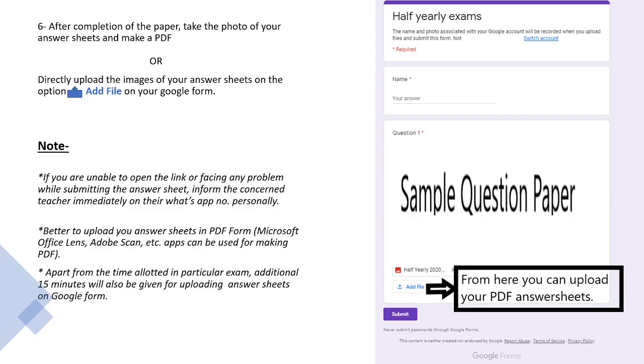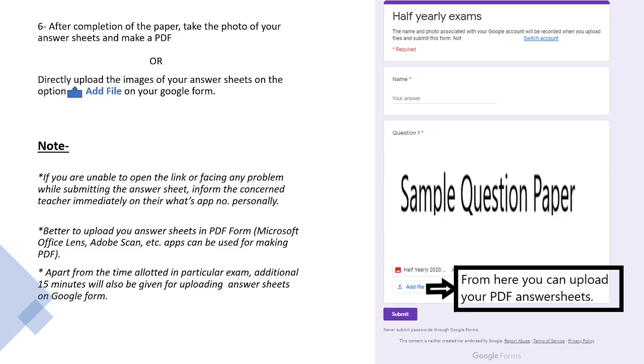After completion of the paper, take the photo of your answer sheets and make a PDF of that answers sheet, or directly upload the images of your answer sheet on the option which you can see here on the sample question paper. Here, add file on your Google form.